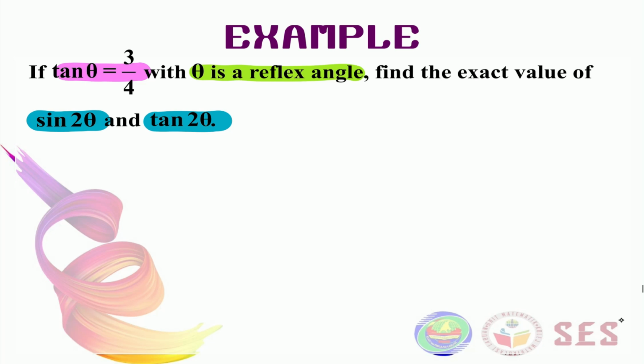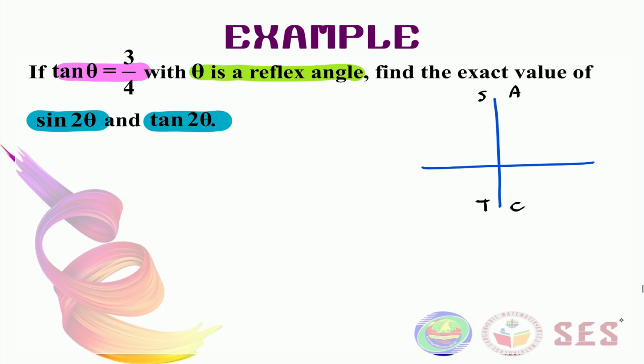So let's sketch the Cartesian plane first. And with the Cartesian plane, we need to put a stack in our sketching too. Since the tan value here is positive, there are two possible quadrants for our triangle. It could either be in the first quadrant or the third quadrant here. That's why we use this information here. We know that theta is a reflex angle.